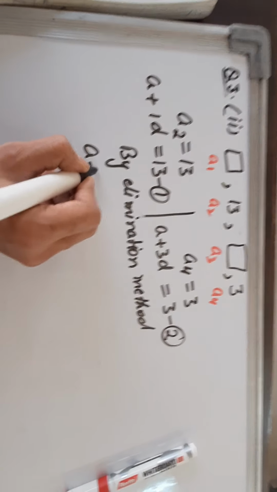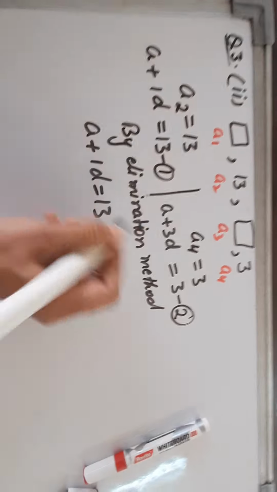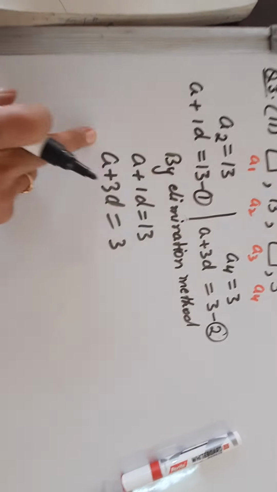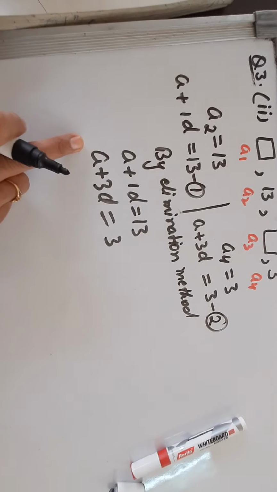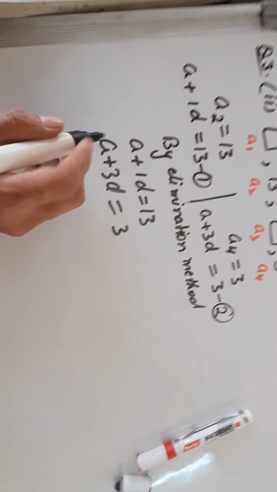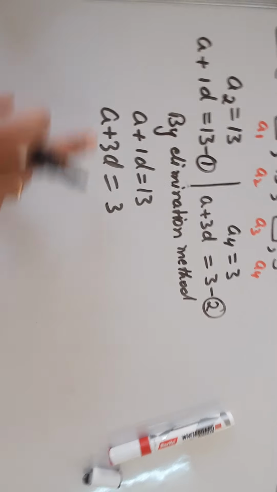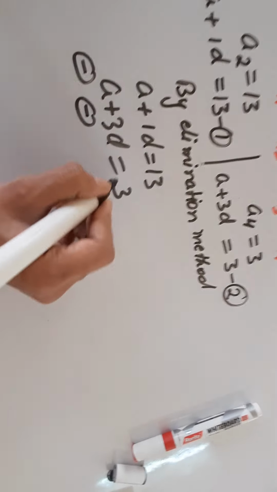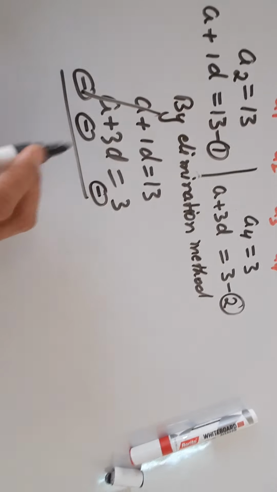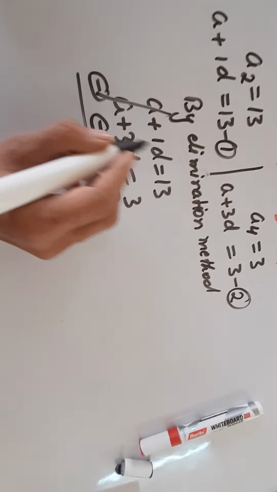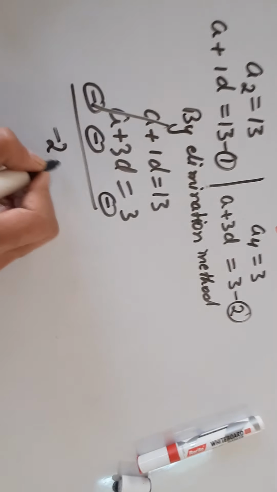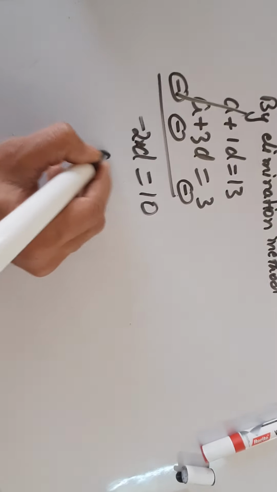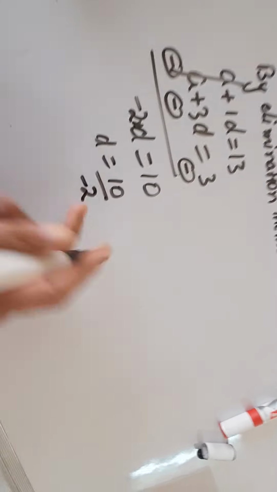Let us first write down the first equation. A plus 1d is equal to 13 and the second equation a plus 3d is equal to 3. और उसके बाद हमें कोफिशिएंट देखने होते हैं, जिसका कोफिशिएंट सेम है उसे हम कैंसिल कर सकते हैं. हियर द कोफिशिएंट इज़ 1, हियर द कोफिशिएंट, बट बोथ आर पॉजिटिव, तो हमें क्या करना पड़ेगा? सब्ट्रैक्ट. चेंज द साइन. दिस इज प्लस बिकम माइनस, प्लस विल बिकम माइनस, प्लस विल बिकम माइनस. सो वी कैन कैंसिल इट आउट. सो 1d माइनस 3d, 1 में से 3 माइनस करेंगे तो माइनस 2d एंड 13 माइनस 3 इज 10.